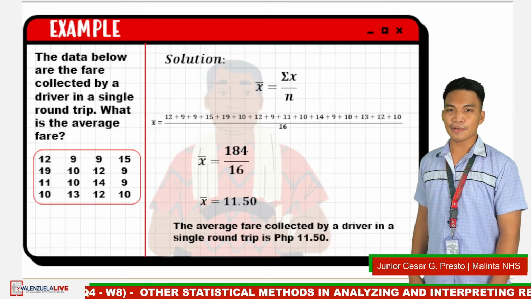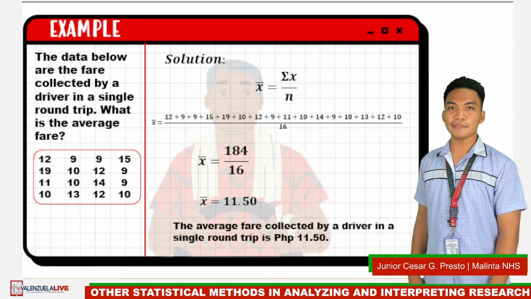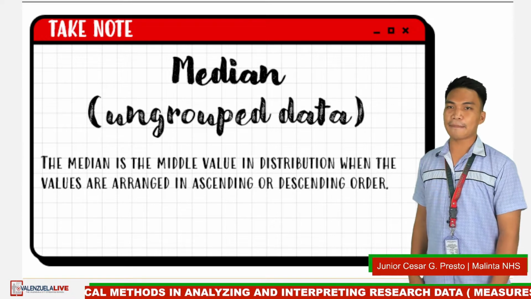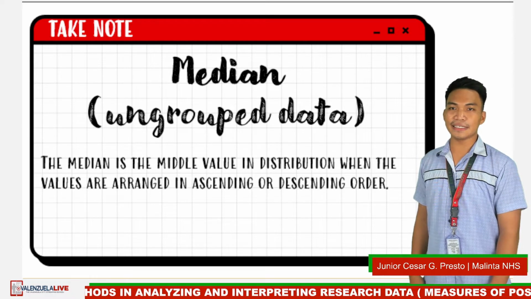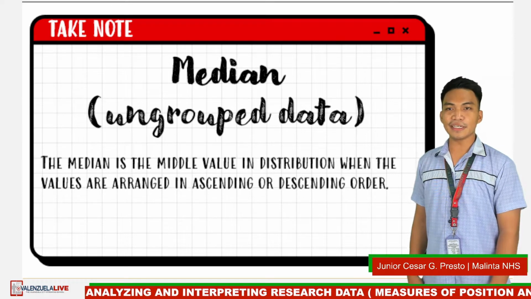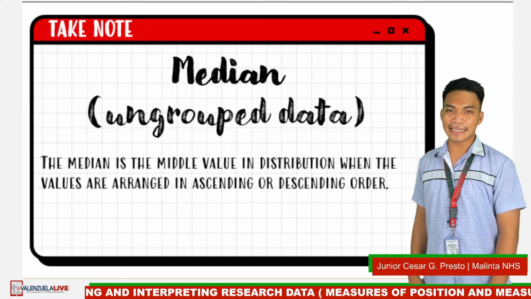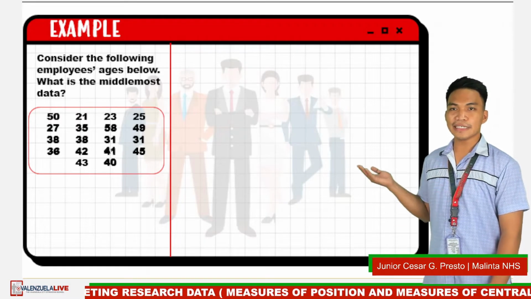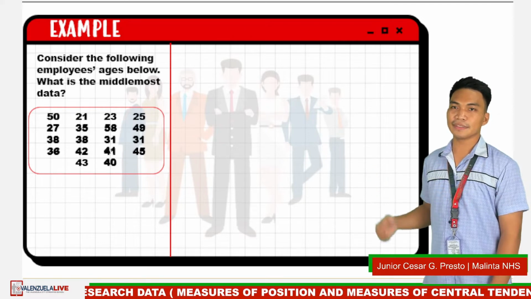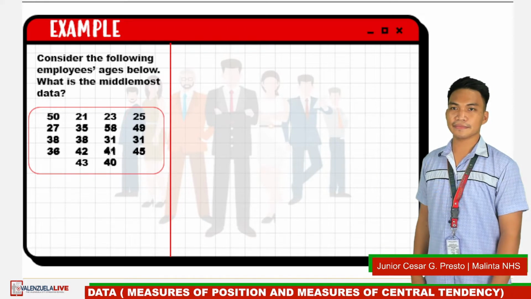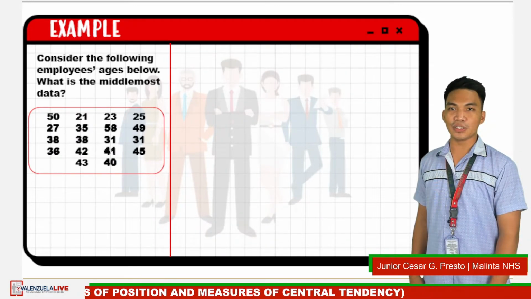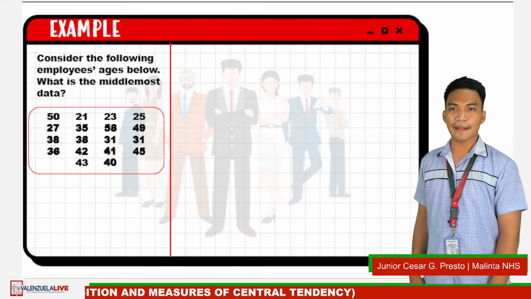Now, let us proceed to the next measure of central tendency, the median for ungrouped data. The median is the middle value in the distribution when the values are arranged in ascending order or descending order. Let us try an example. Consider the following employees' ages below. What is the middlemost data? To solve, arrange the given data in increasing or decreasing order. What is the order of the data? Great! We have